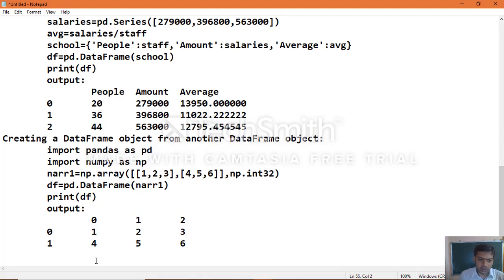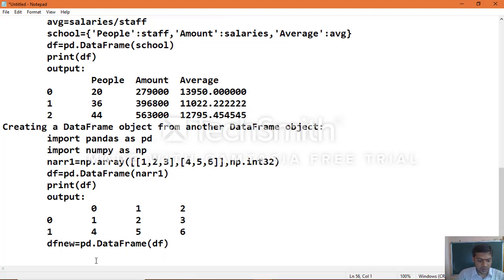Same way, now we created a data frame object. How can we make that into another object which makes an identical data frame? df new equal to pd dot DataFrame of df, which we created earlier.